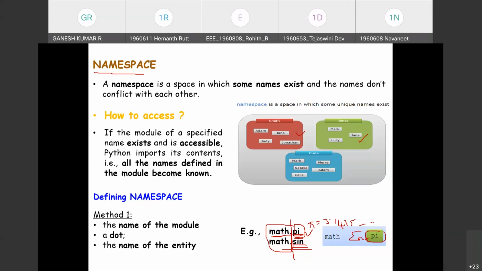It's more of a burden. Math is a very big module that supports all mathematical functions, so when we add the statement, it is a burden to the processor. When we design a program, we know what entities are required, so those entities can be selectively imported. Hence, the burden on the processor will be reduced, and the runtime will be faster. Fine.